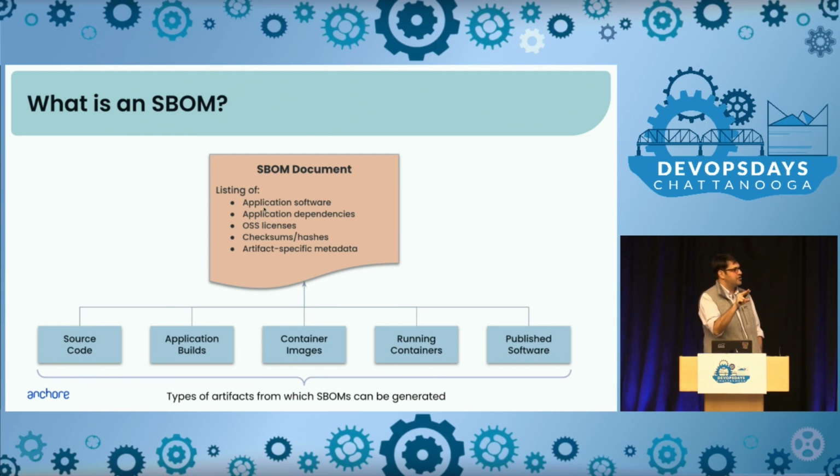You can go ahead and launch a container from that image, generate an SBOM from the running container, and even do things like diff those SBOMs from the container to the image. Is somebody going into your running container and upgrading packages rather than rebuilding the image? You can detect that kind of stuff by